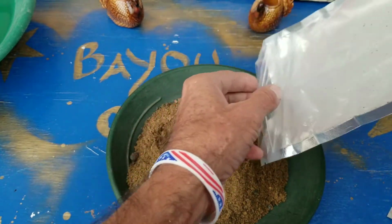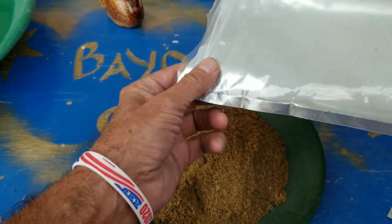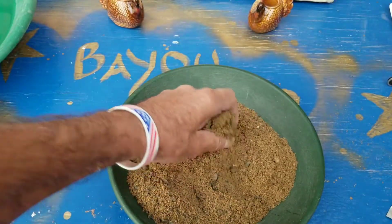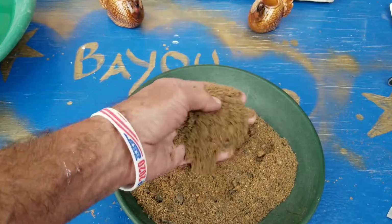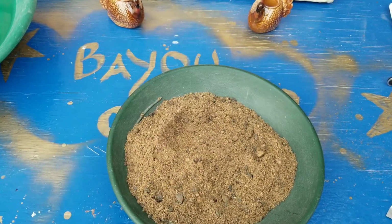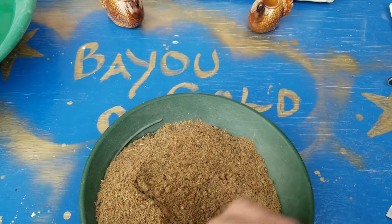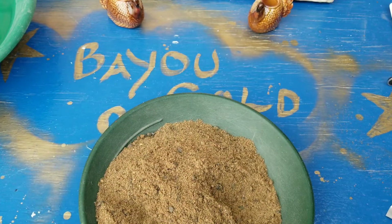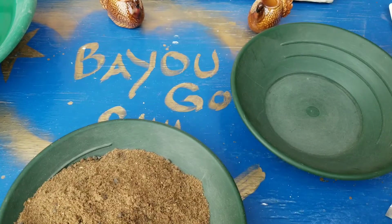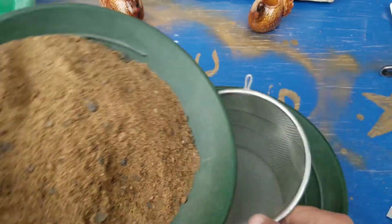Compared to what I think of as GOLDBAY, it seems like it is a bit more sandy and not dry. That being said, I'm not seeing anything standing out there for us. So I'm guessing the thing to do with this would probably be to run it through. Usually GOLDBAY has